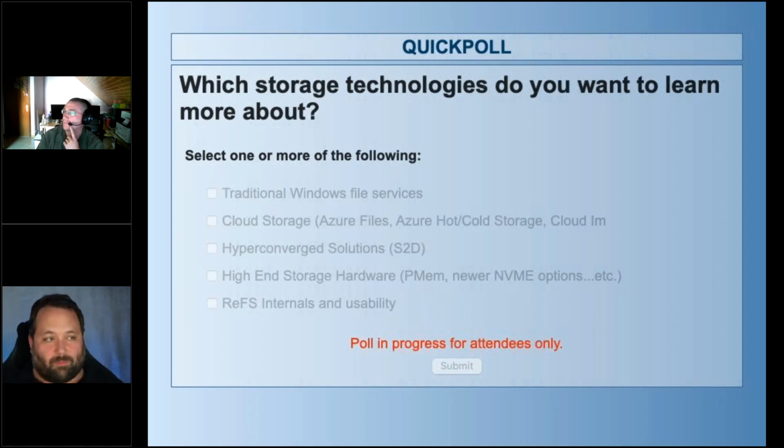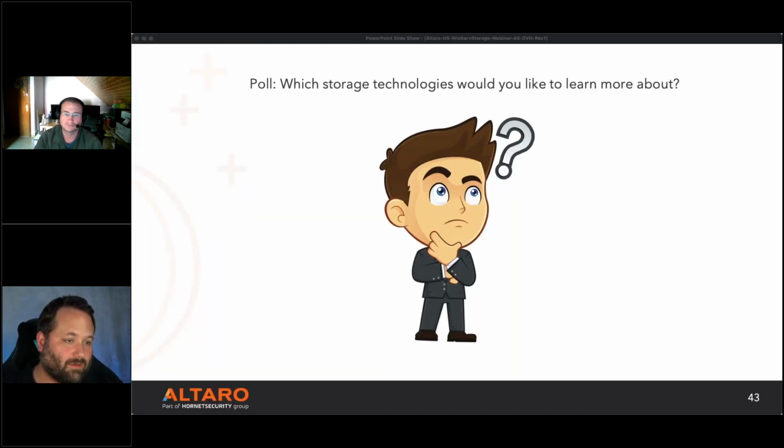I have one other quick poll and a slide or two that piggybacks on top of this, but it's more just a general curiosity as well. And it creates an interesting discussion when we're talking about storage technologies, right? So we'll have another poll here in just a second, but I'm gonna go ahead and close that and